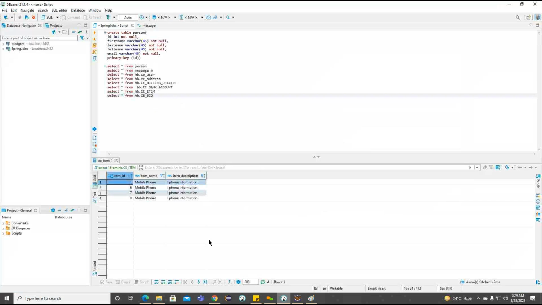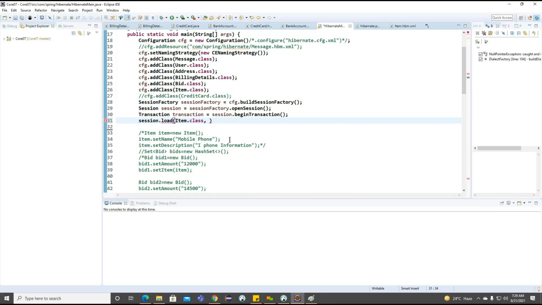We'll see, sorry, 3. Getting the point? Session dot load is returning one object here, item 1.